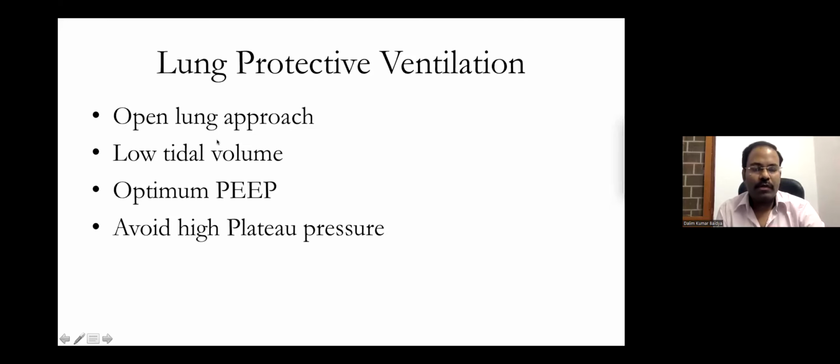Another important observation we realized is that the ventilator induced lung injury is mainly contributed by the tidal volume. So the higher the tidal volume, the more is the ventilator induced lung injury. So mainly we need to decide the lung protective ventilation strategy based on a combination of a perfect tidal volume and a perfect PEEP. And if these two are good, then high plateau pressures will be avoided, right? So if you remember, the higher plateau pressure means more lung injury, more ventilator induced lung damage, right?